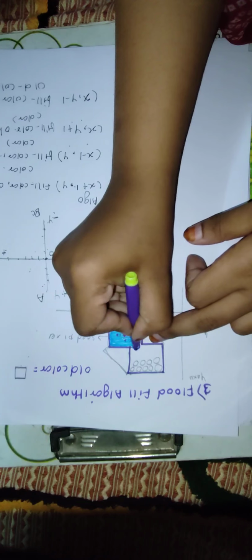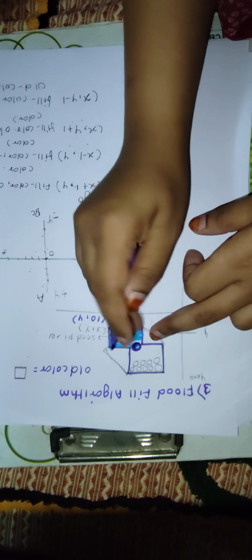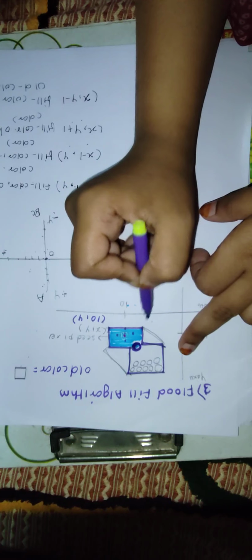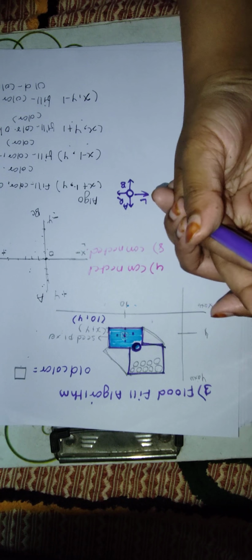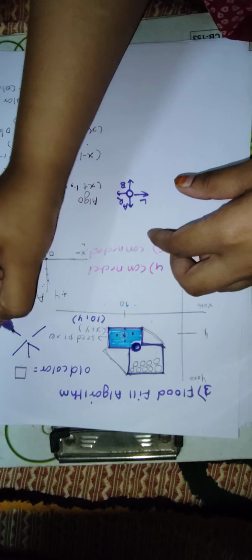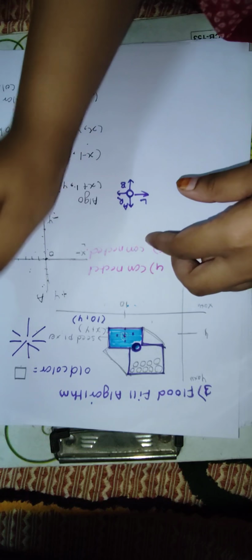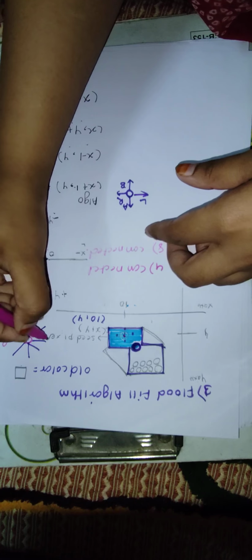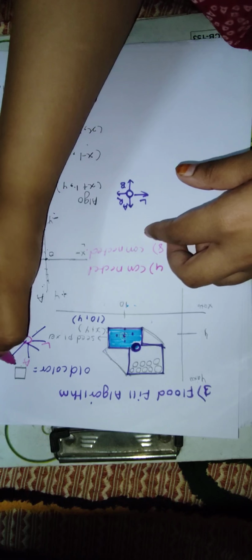Now the same if we are doing the 8 connected approach. In the 8 connected approach, if our seed pixel has reached that point, but it can't go to the left side, right side or above direction, what does he actually do? Because we know in the 8 connected approach there are 8 directions. This is our seed pixel. This is the right side, this is the left side, this is the above side, and this is diagonal.